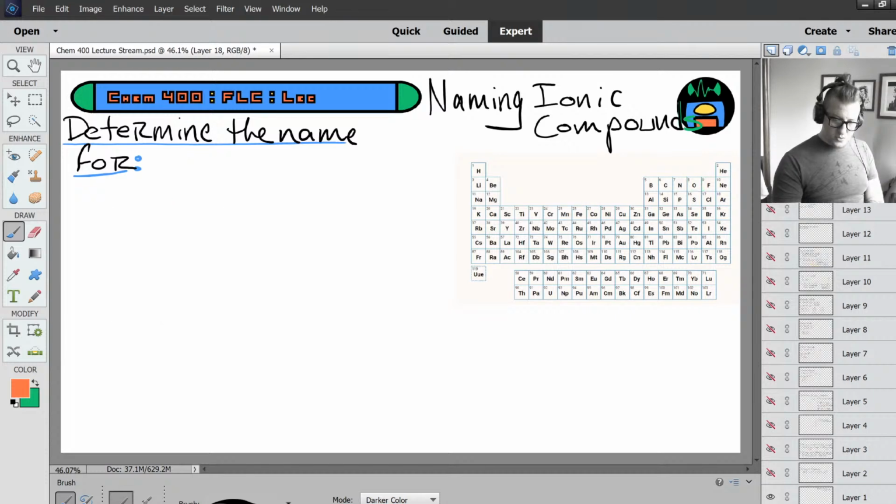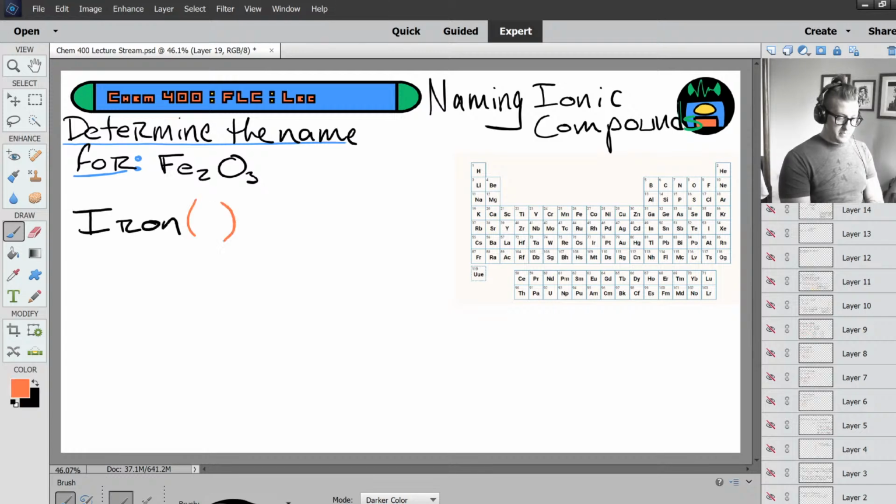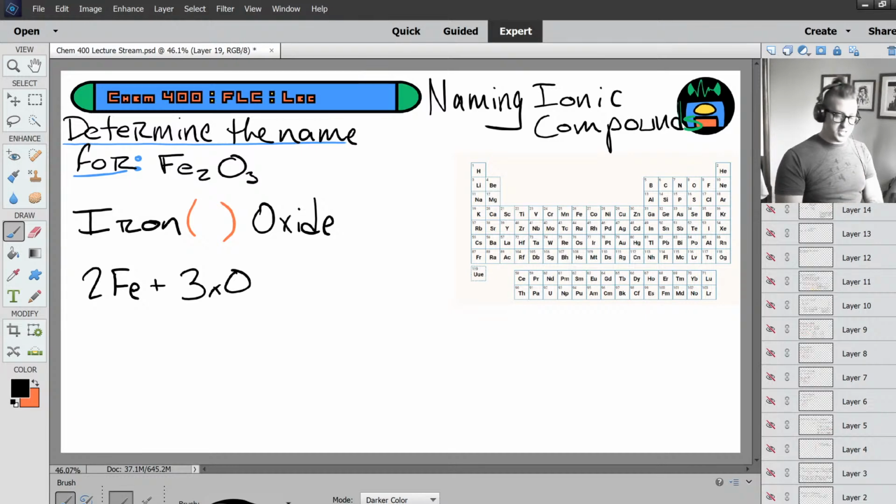All right, let's do one more example. Let's name this guy. All right, again, the name will be iron (something) oxide, and we need to determine what goes in that parentheses. Here we have 2 iron cations and 3 oxide anions. So the charge of our cations plus the charge of our anions sums to 0,